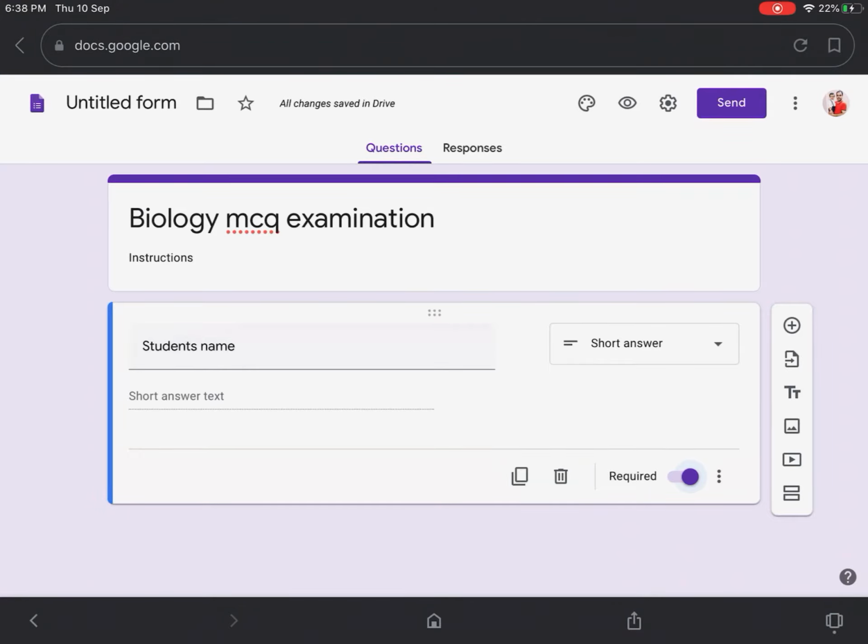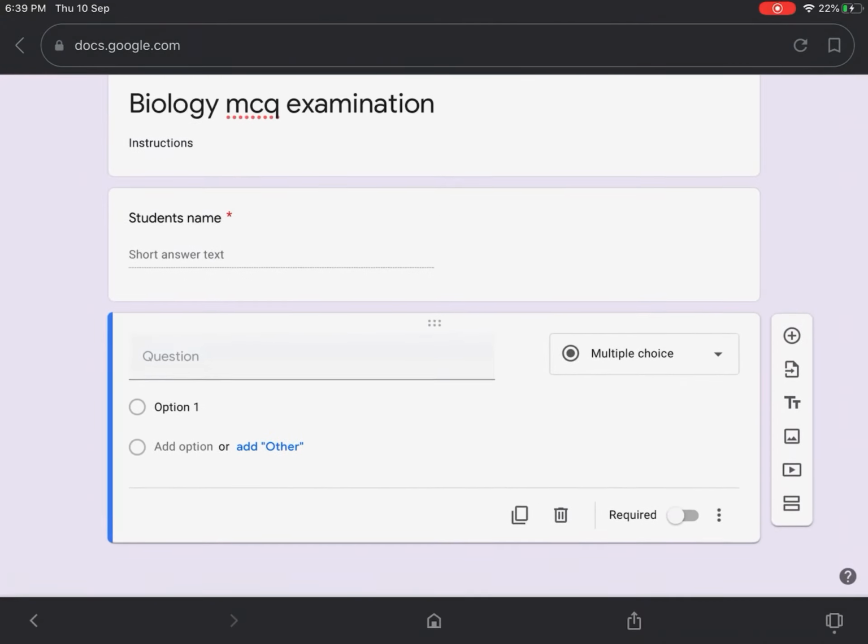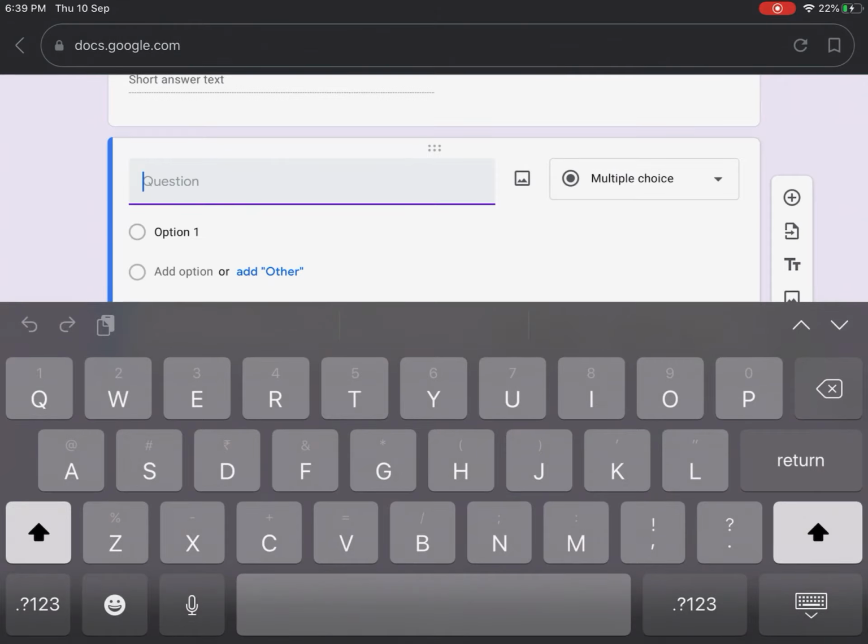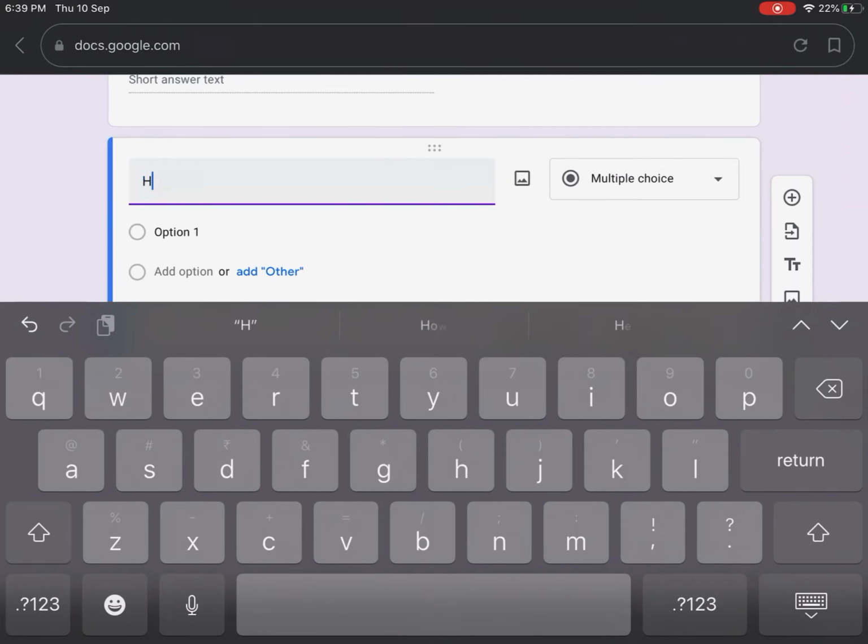Okay, so right of every question you can see a menu bar is there. There are 6 options are there. First option you can see plus sign option. If you select the plus sign option, the question will get added. So depending on how many questions you want to add, you have to select the plus sign. So question is added. Here you can ask the question like how many teeth in human body.